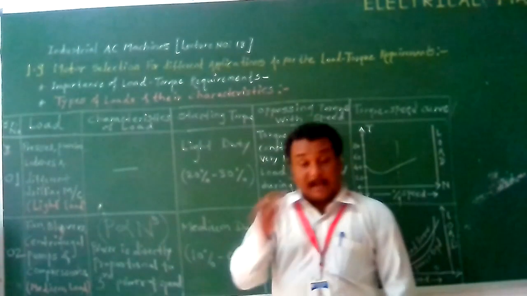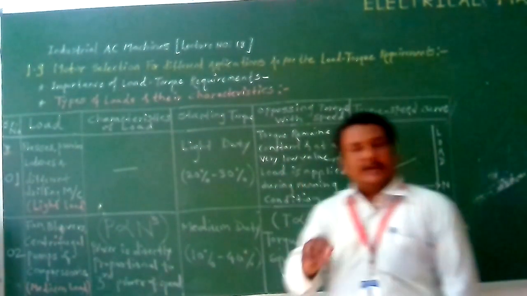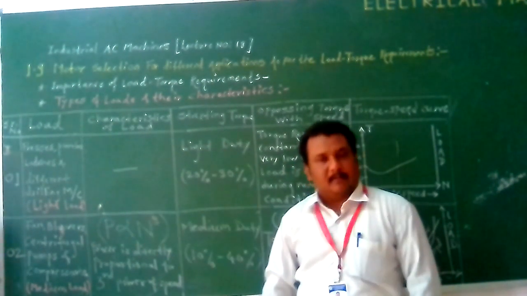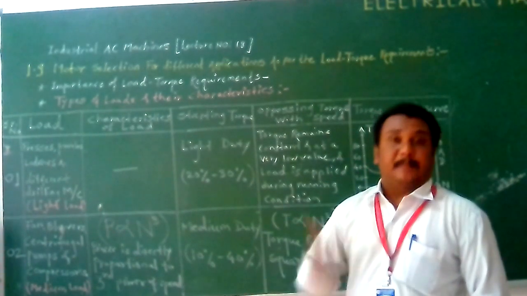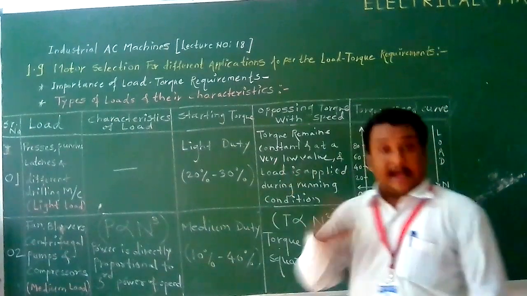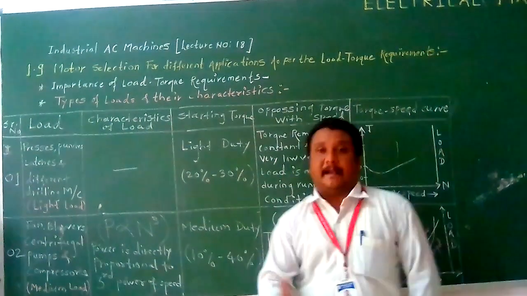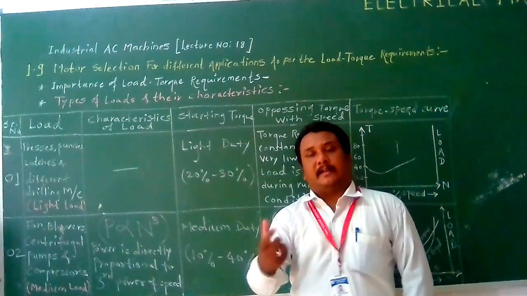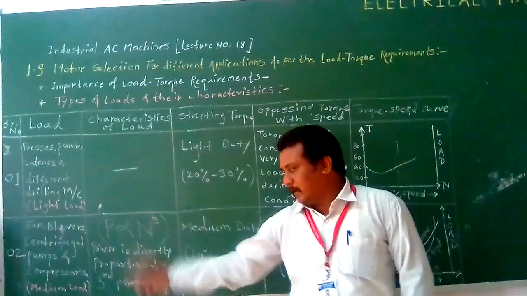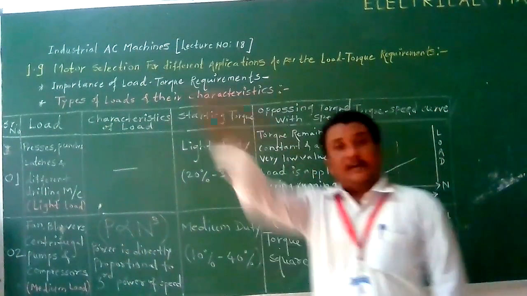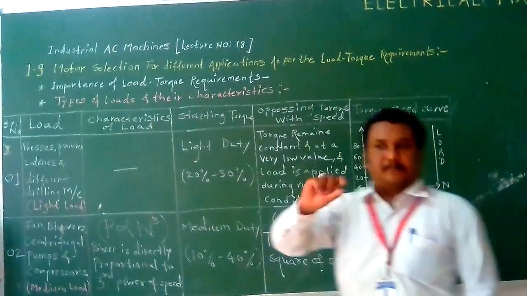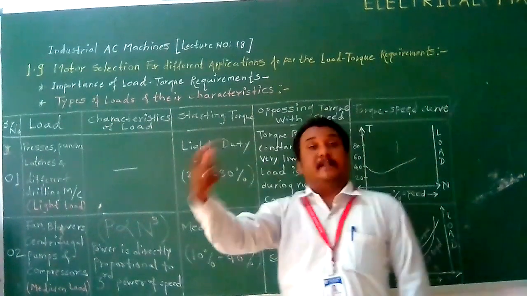Now, the characteristics required here: power is directly proportional to the third power of the speed. These are high speed applications. We know that fans, blowers, centrifugal pumps and compressors are high speed applications. So here speed matters, and power is directly proportional to the third power of the speed. Means as power increases, speed also increases, but by the third power.